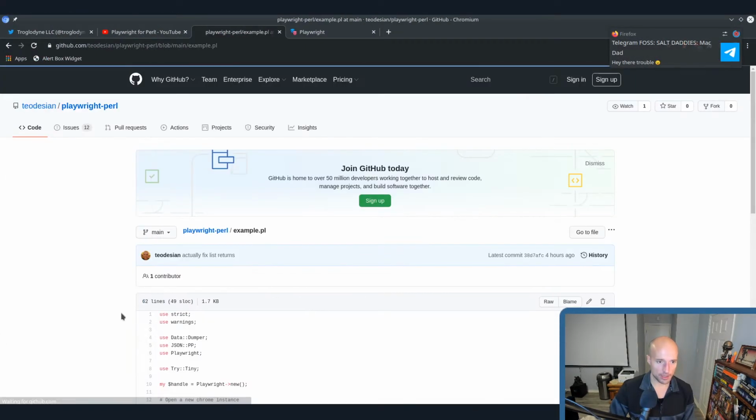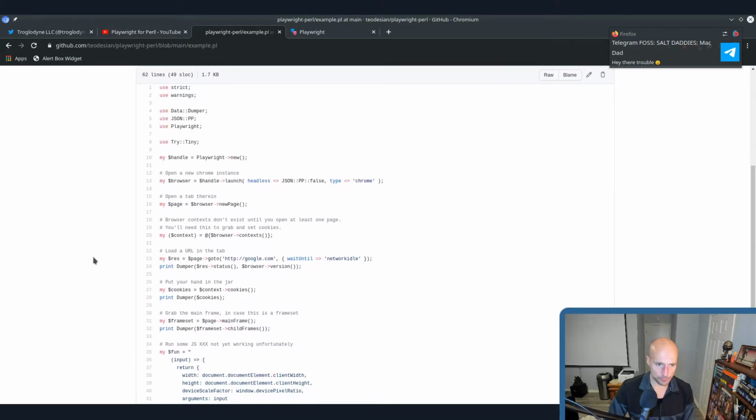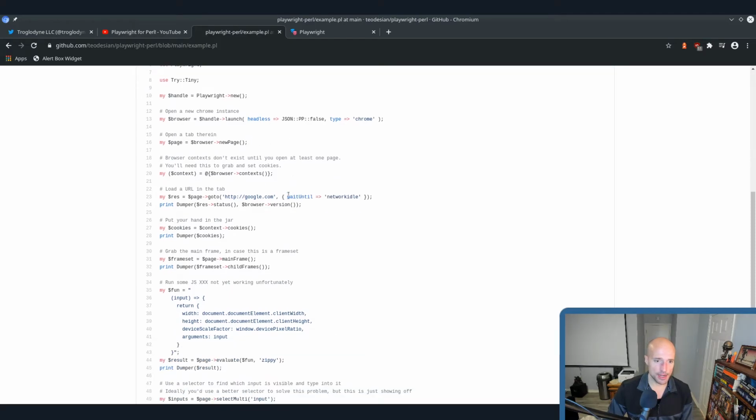It's going to be better highlighting for you on the video. So as you can see, we're having to use JSON PP to actually tell it to launch not headless. But you just tell it what type of browser you want, and you go from there. It's pretty well documented. You then have to open a new page within that, and if you want to get a context so that you can grab cookies, you can get that from the context method, which is, again, documented